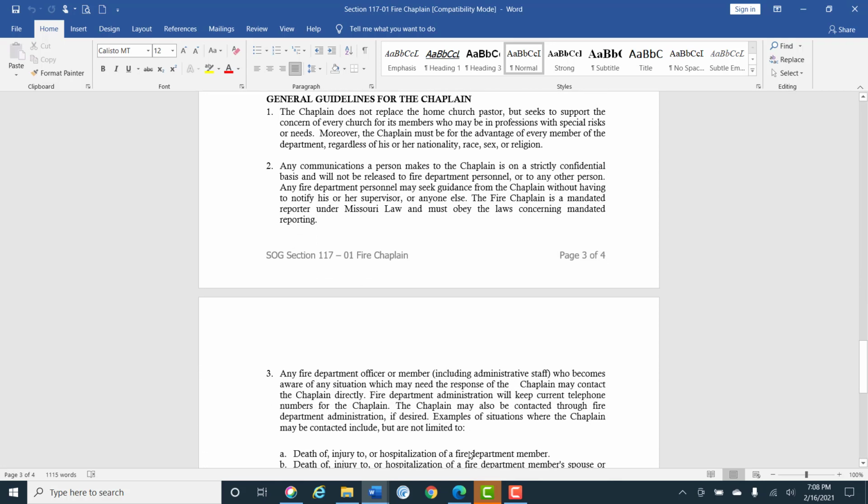General guidelines for the chaplain. The chaplain does not replace the home church pastor, but seeks to support the concern of every church for its members who may be in professions with special risks or needs. Moreover, the chaplain must be for the advantage of every member of the district regarding his or her nationality, race,